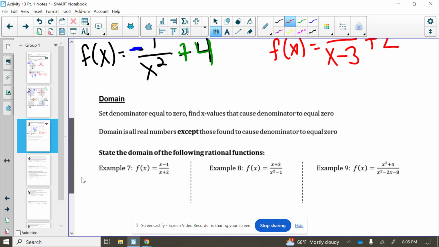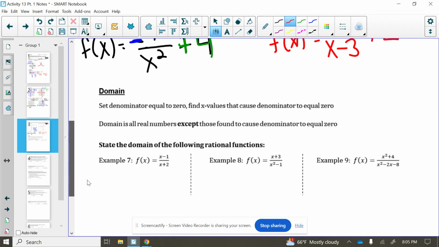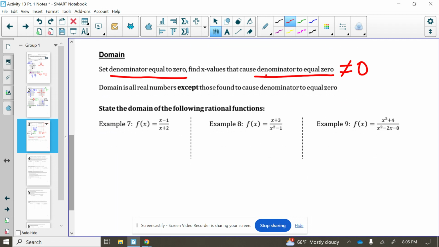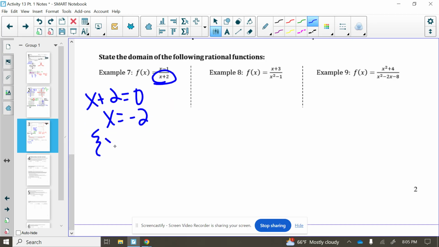Finally, when we talk about domain restrictions for these graphs, algebraically, it's where our denominator is equaling 0, because we do not want the denominator to equal 0, otherwise we would get an undefined. So we would say it's all real numbers except for those that would cause the denominator to equal 0. So in this case, if we set our denominator equal to 0, subtract over the 2, we would say that our x is going to be all real numbers such that, that's what that bar means,